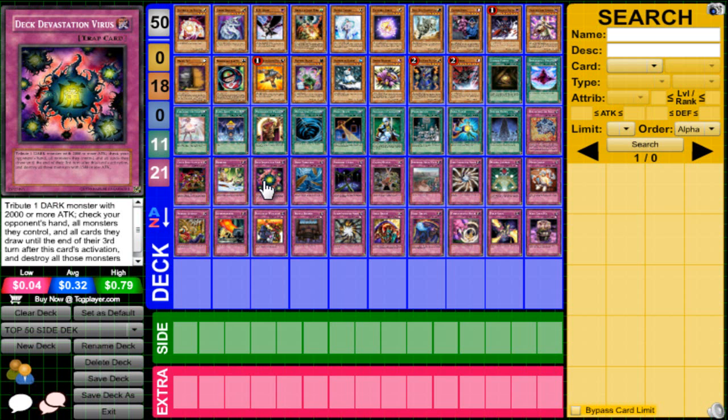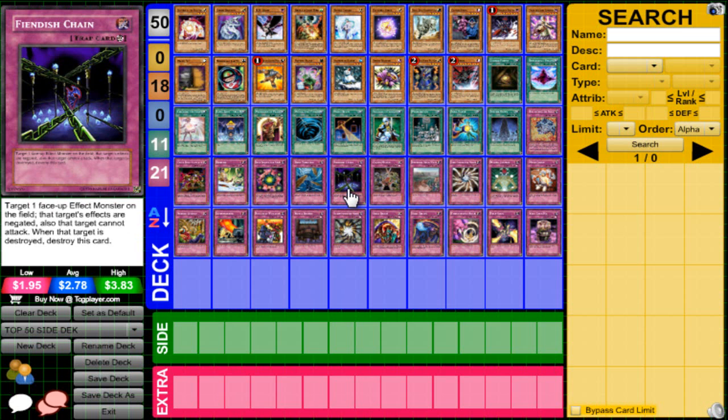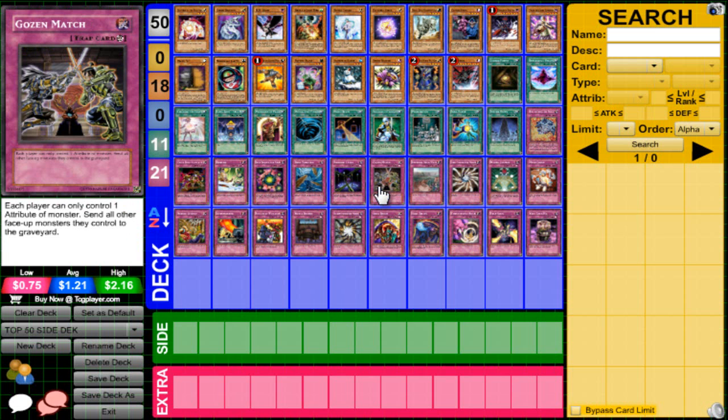Too bad it's only 2 or 3, but Dust Tornado, MST thingy, same reasoning as MST. Fiendish Chain, Extra Veiler. So lots of these cards serve the same purpose, but they're either traps or monsters or spell cards, so it's player preference, of course. Goes and Match, destroys Heroes, destroys Macro Rabbit, destroys